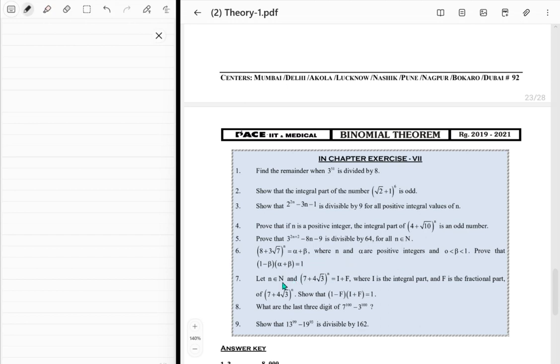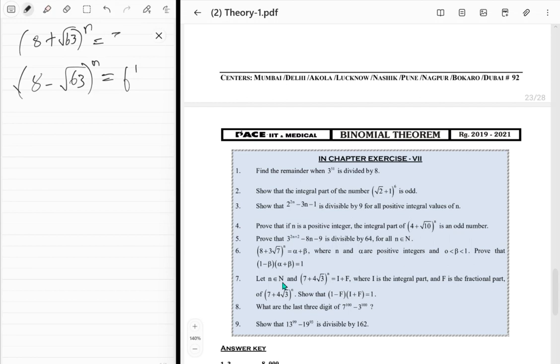Right. So let's talk about 8 minus 3 square root 7. In fact, let's talk about it like this: square root of 64 minus square root of 63, since 9 times 7 is 63, right? So that will be 8 minus 3 square root 7, which will be 1 upon square root of 64 plus square root of 63, right? So this to the power of n, that will be f dash. And then you got 8 plus square root of 63 to the power of n is